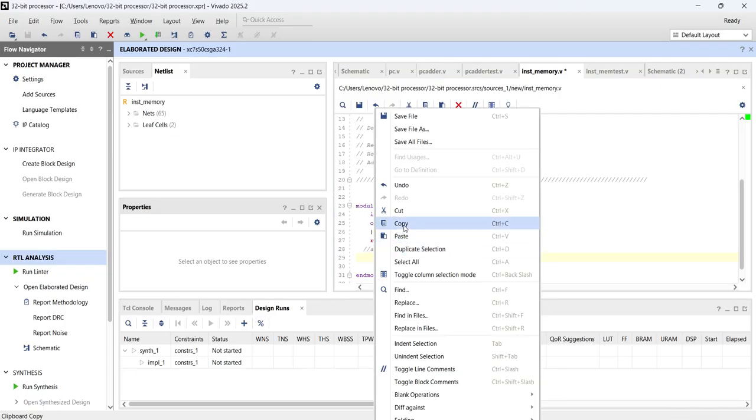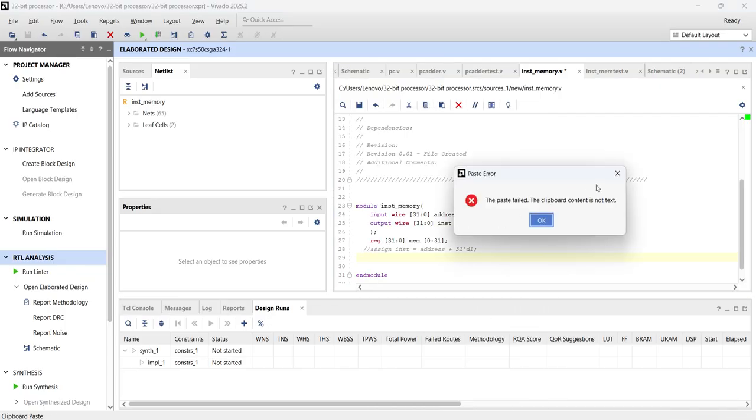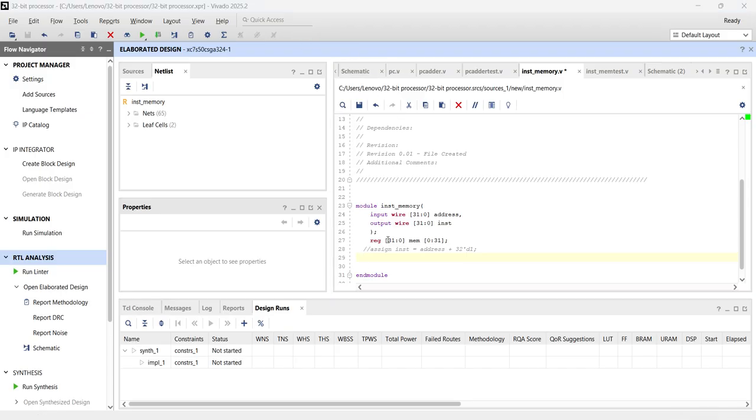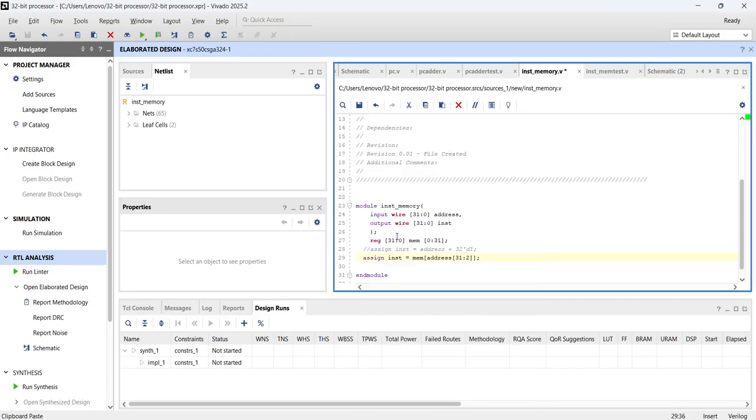Now, what is the actual code? So the actual code is this: assign instruction is equal to memory, and then in brackets address, and then 31 to 2. Why 31 to 2 here? Because